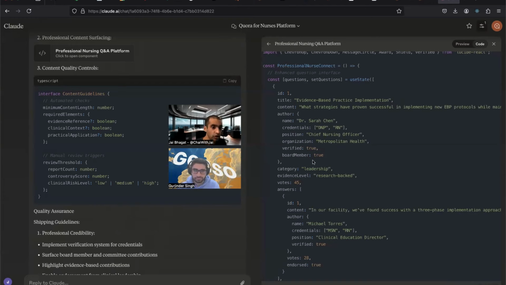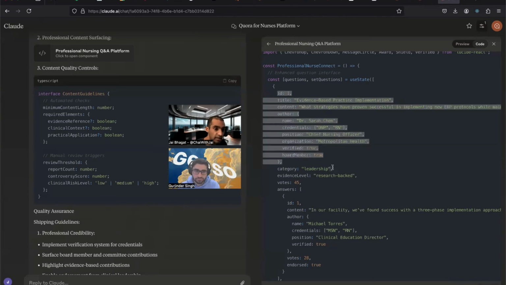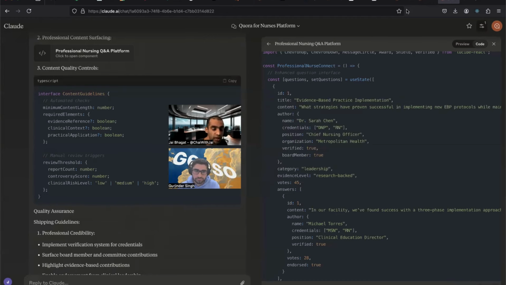And I really like the structure that's inside of here. This data structure works. This data structure also has a lot of things out of the box, which is how this would be written. So it gives me really strong confidence that I can just grab this and drop it into Bolt, V0, or Replit and have that continue the job after this. And so really my AI augmented workflow starts in Claude,